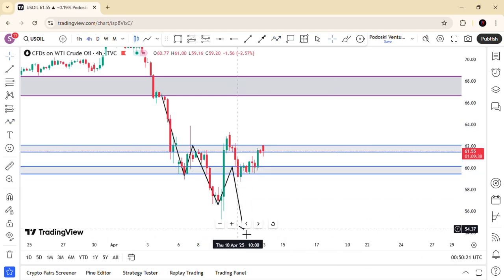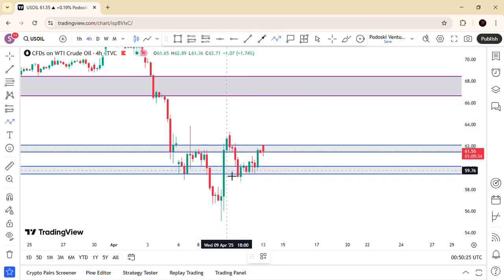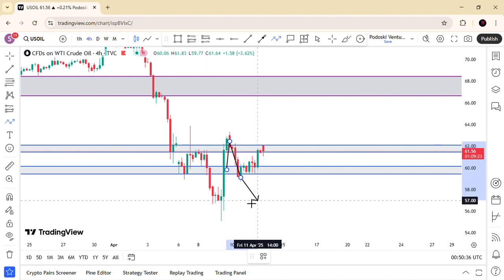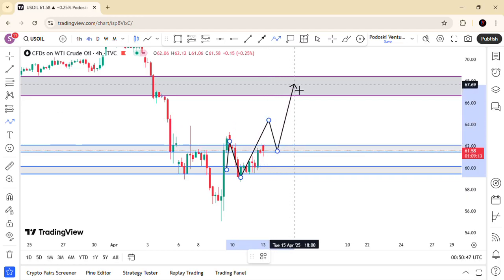But this time around, it failed. Price failed to drop from here, but rather went up to create a new high, creating an equal high over here, then dropped for a low, failed to break below the previous low, and now we are seeing a bullish momentum. So what you are expecting is a new high, a new low, a high, tapping into the monthly breakout